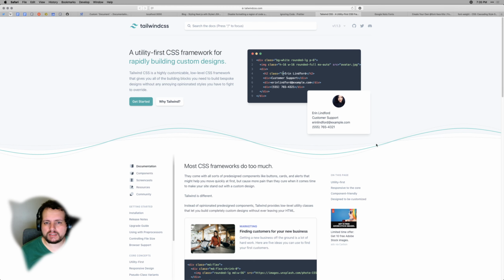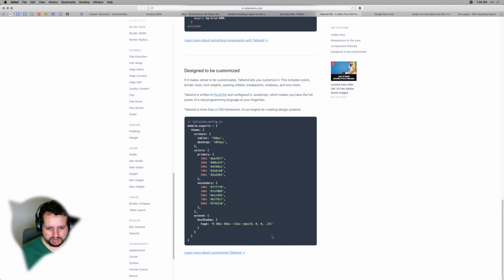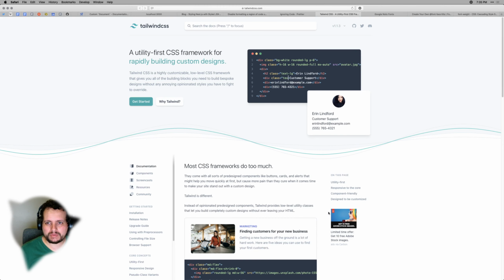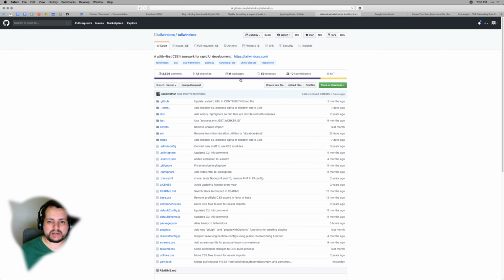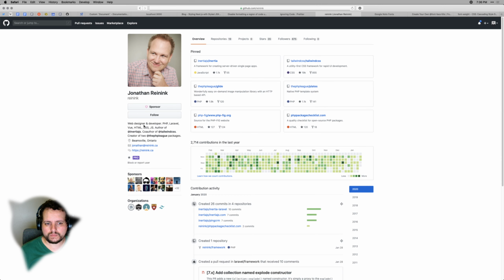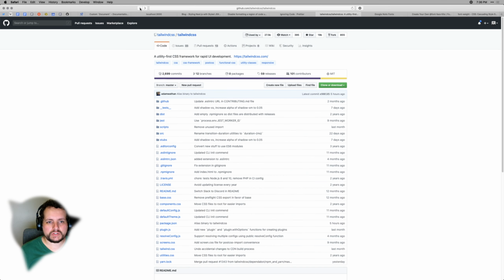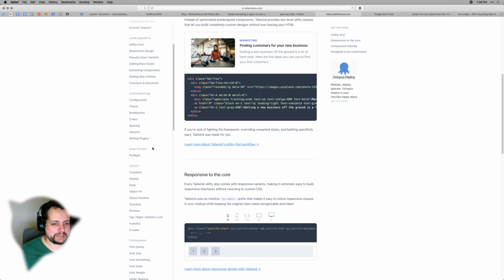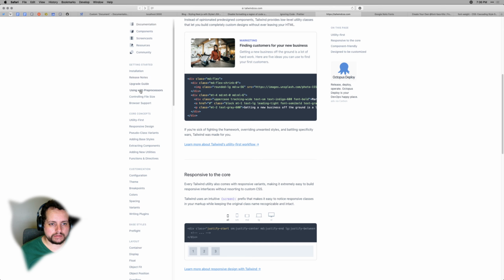Oh, please don't hate me. It's down the bottom here. I will find it. Where's the about page? I must find it. Jonathan Reinink, I think. Yeah. Sorry, Jonathan. Anyway, it is a utility framework, and